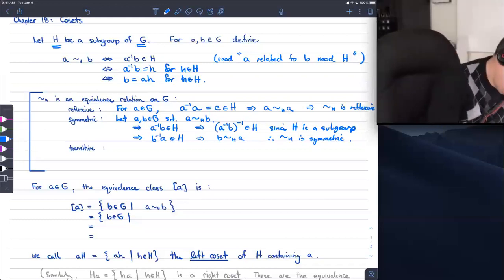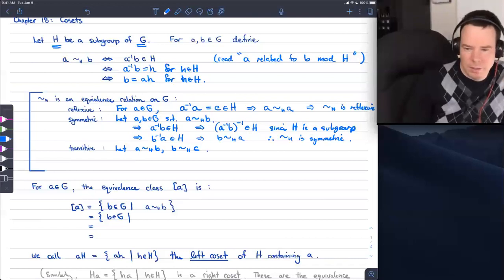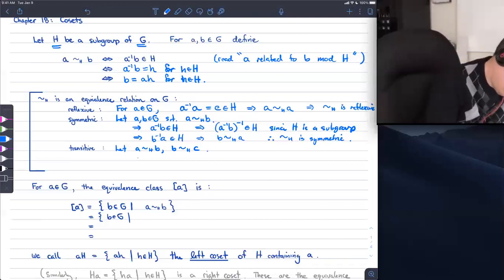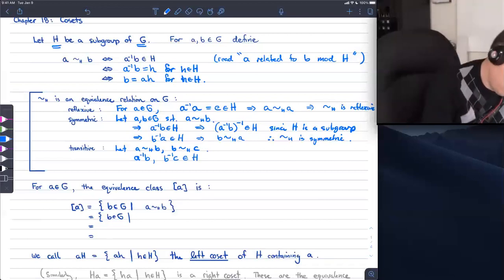Is it transitive? Well, let's let A be related to B and B be related to C, and let's see if A is related to C. This says that A inverse B is in H, and the other one says that B inverse C is in H. So we have those two elements in H. H is a subgroup, so it's closed under products. So that means A inverse B times B inverse C is in H,